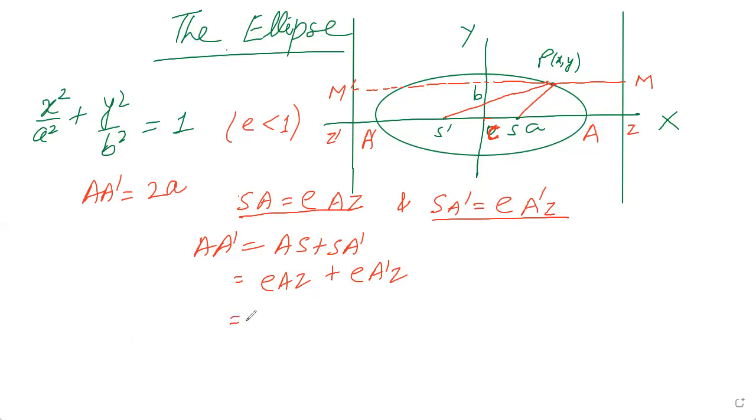So you will be getting E times AZ plus A dash Z, and AZ plus A dash Z is how much? This is equal to E times twice CZ. C is the middle point of this, है ना? So AZ plus A dash Z, कितना जाएगा ये 2 टाइम्स ऑफ सी जेड,